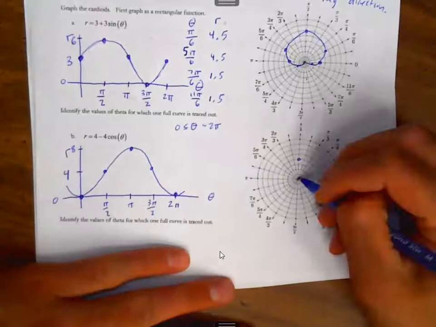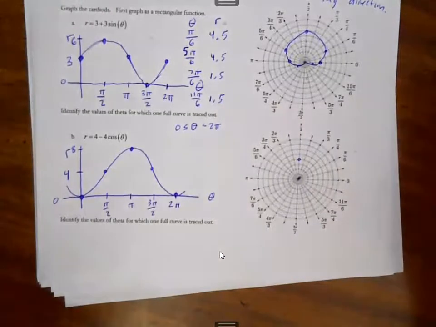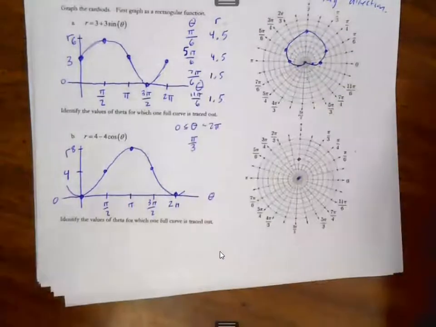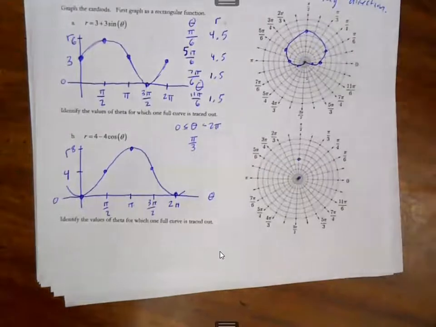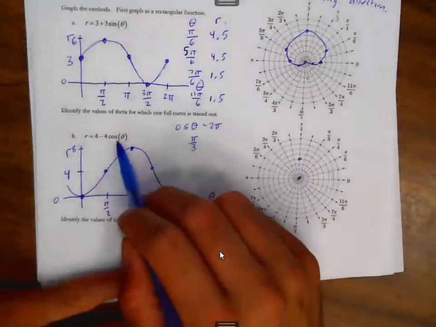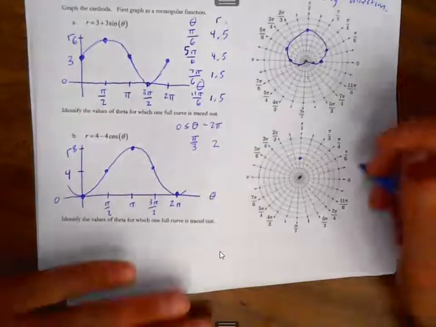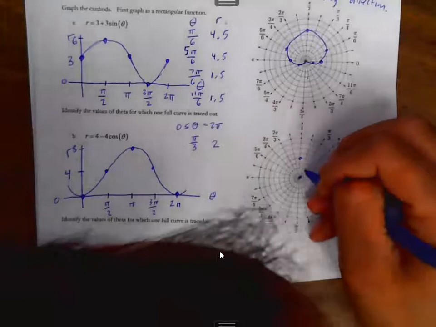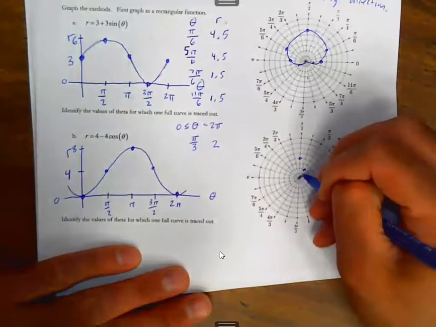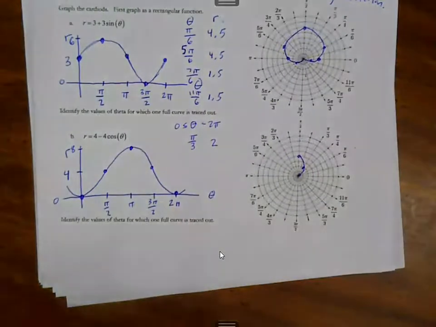So if we want to get a nice accurate curve, we can graph one more point. And I suggest doing theta of pi over 3, because the cosine of pi over 3 is 1/2. So 4 minus 4 times 1/2 is 4 minus 2, which is 2. So at pi over 3, we get 2. And now we could hit all those points. And that's half of our dimple side,